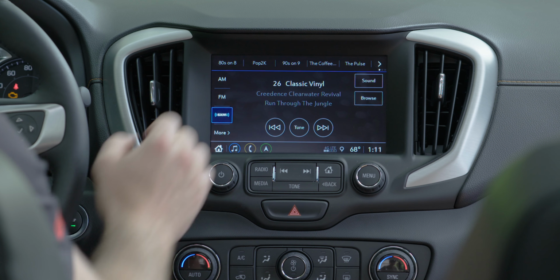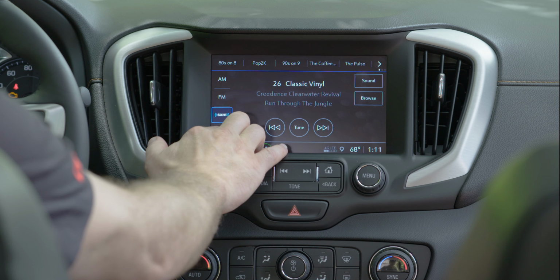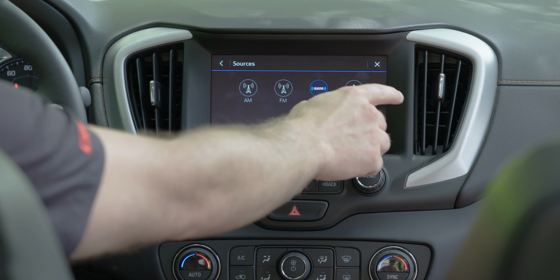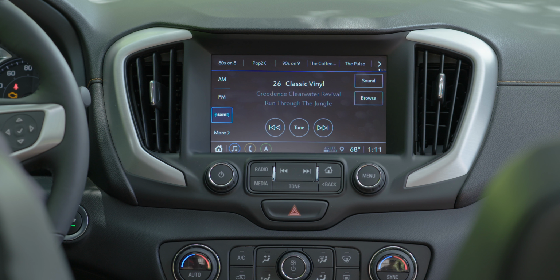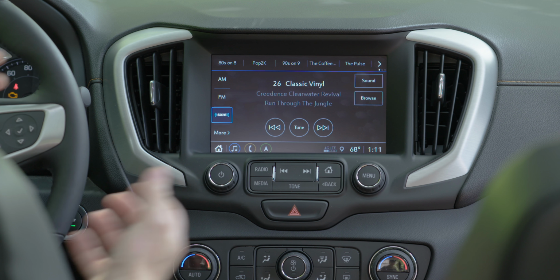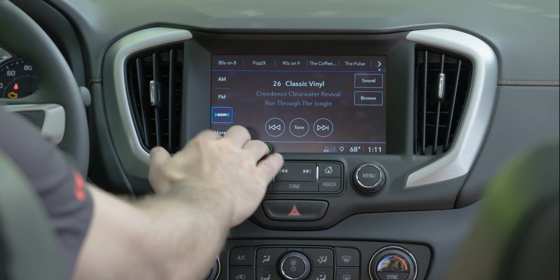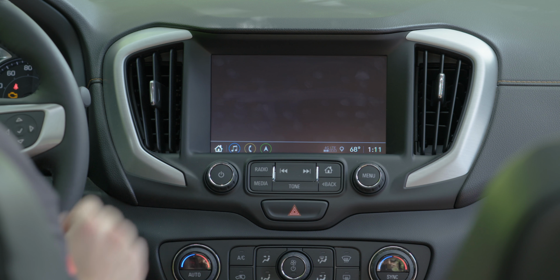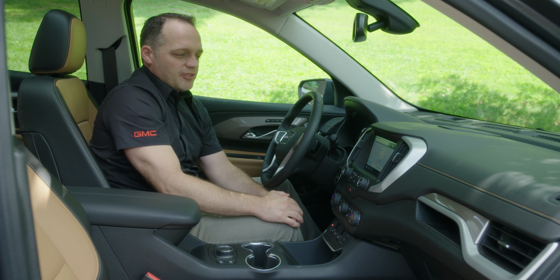and you can see these are the last 3 inputs I've used, and if I want to see the other ones, they're also there as well. We've also kept this clean layout where there's fewer buttons, and the buttons used most prominently are placed in front of the user. If I go to navigation app, this is another really exciting feature about the new infotainment system